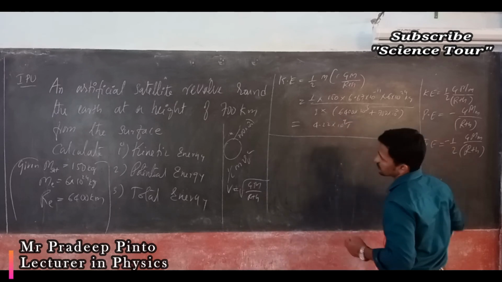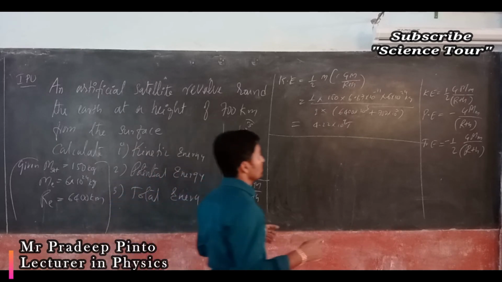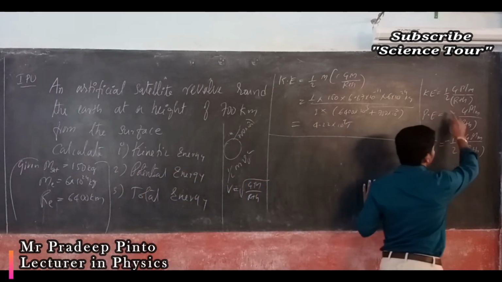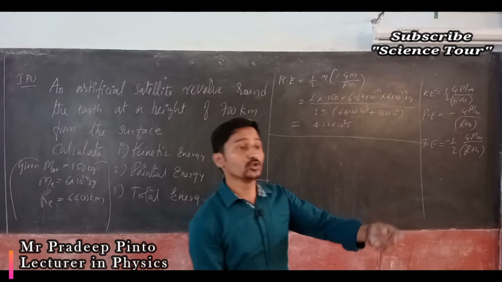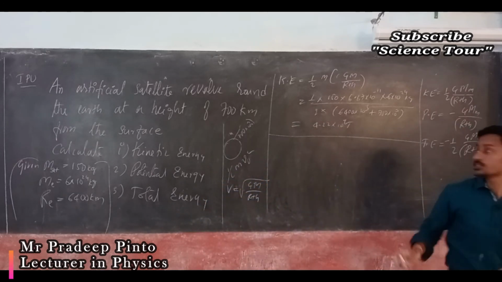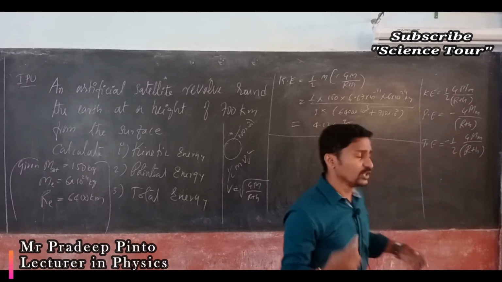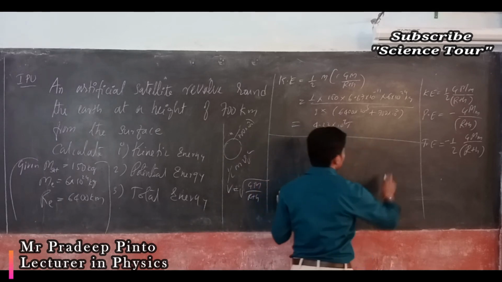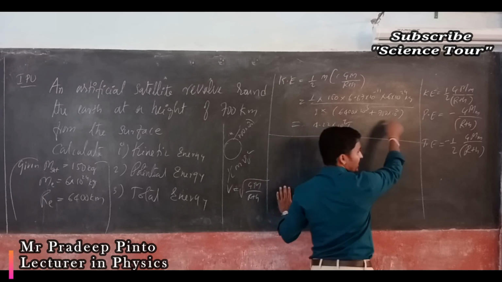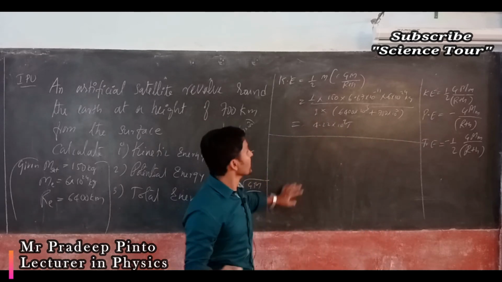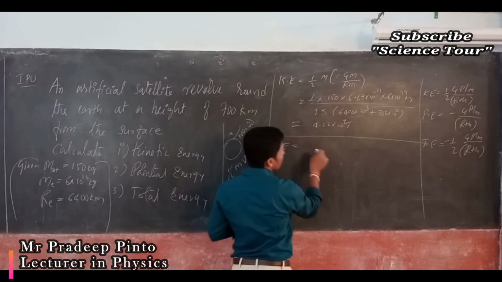Now the next thing is potential energy. Potential energy is negative, but twice that of the kinetic energy, no? If you multiply 2 to the kinetic energy, you will get the potential energy. But we have a formula, we will do that also, no issues. First multiply with 2, you will get something like 8 and it is negative. Nearly 8.